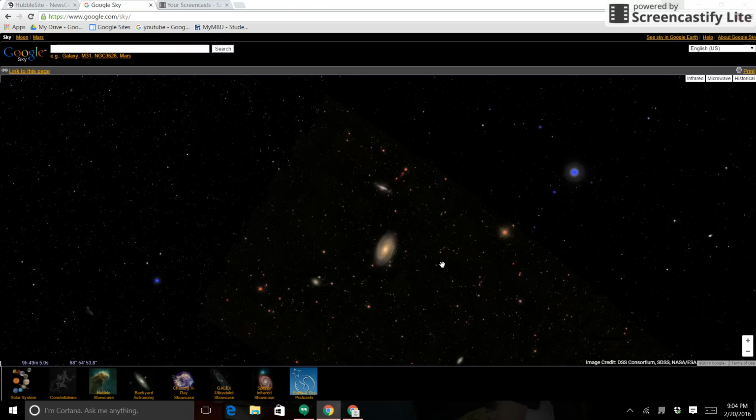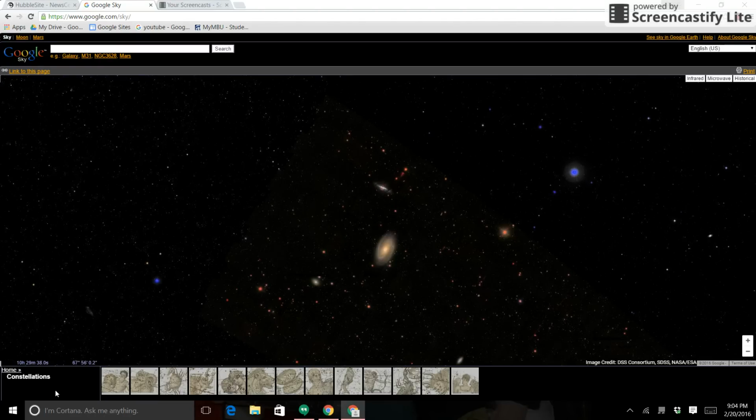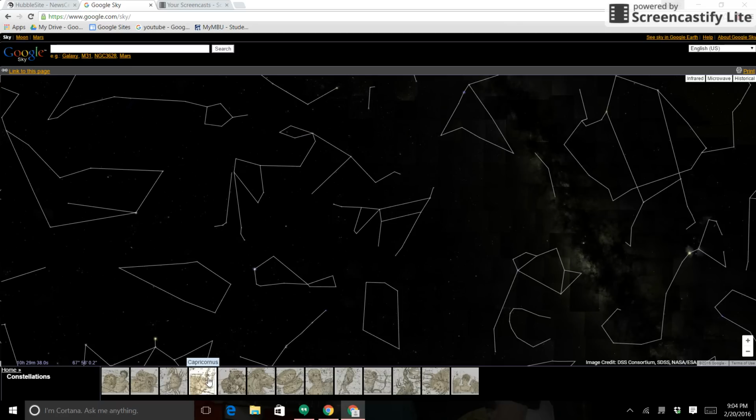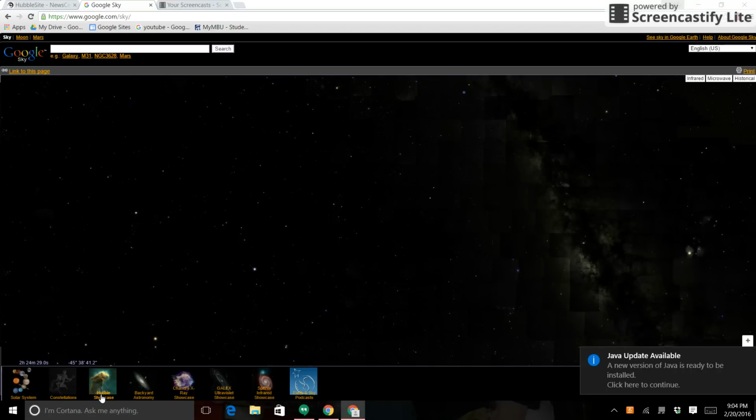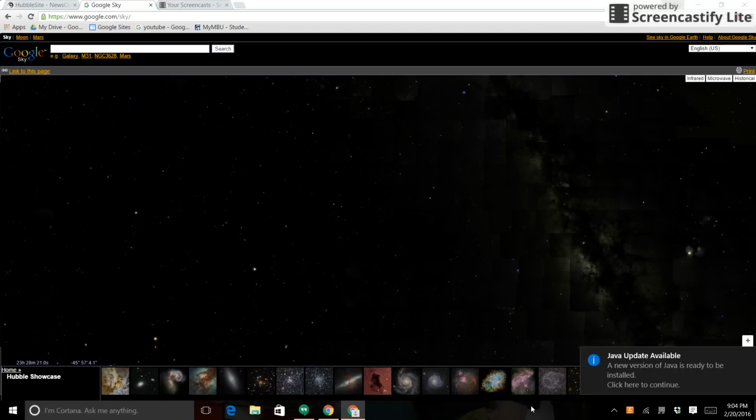And here, on the actual computer, there's some additional features that are not available on the smartphone. If you click here, you can see the different constellations. So you can click on one and it will show you the different constellations in the sky. But if I go back to the home screen,